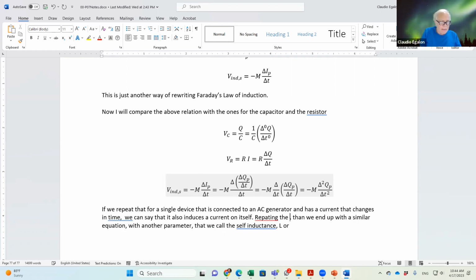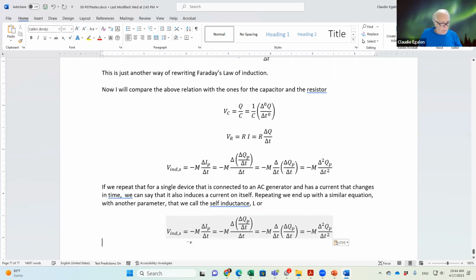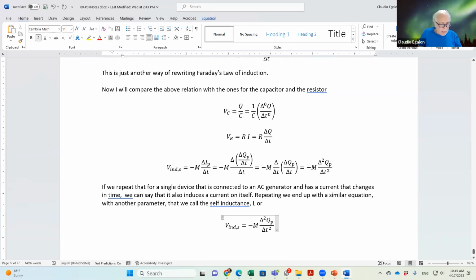Repeating the above, we end up with a similar equation with another parameter that we call the self-inductance L. The self-induction is going to be given by L here,